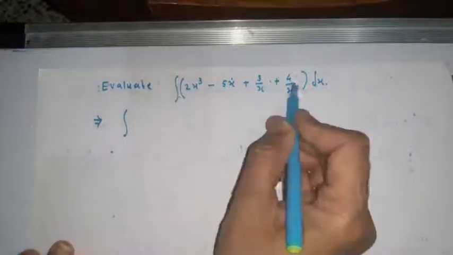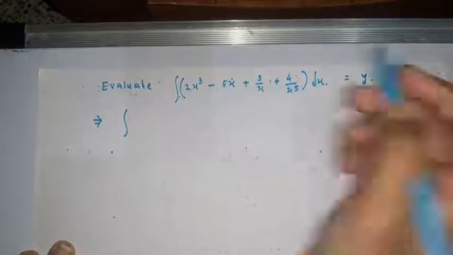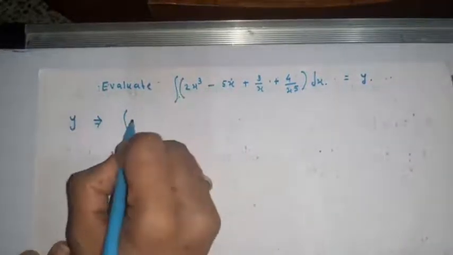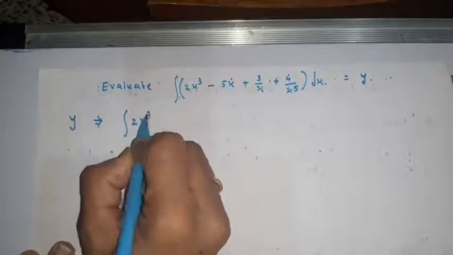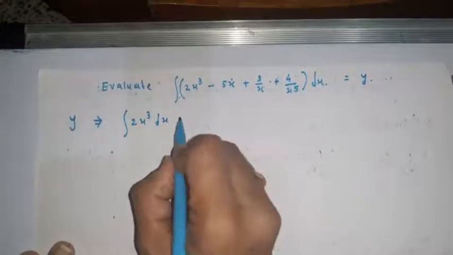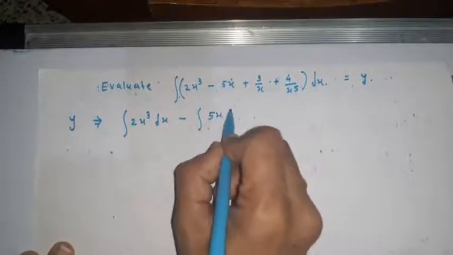Consider the integration of this function is equal to y. Now suppose y equal to integration of 2x cube with respect to x, minus integration of 5x with respect to x,